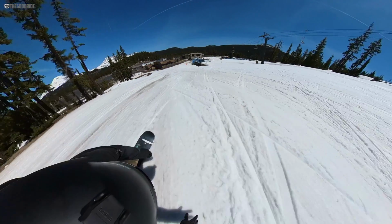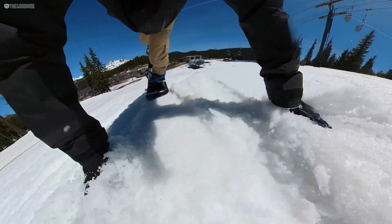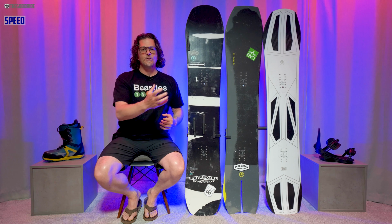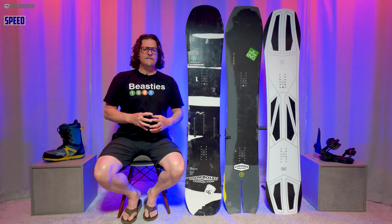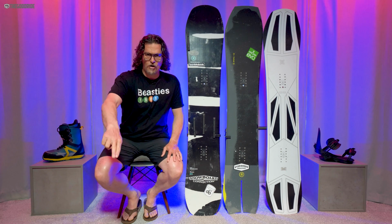And when it comes to buttering, not the easiest butterer, but it was a little better than you would think for the flex, but it's still pretty challenging. When it comes to speed, I didn't really feel like this is the board I want to be on. The Mountain Pig, although it doesn't have the camber profile like I discussed, it doesn't have that rich bow of camber, or the Commissioner next to it, or the Smokescreen, they all are better for pointing it, making long, drawn-out,